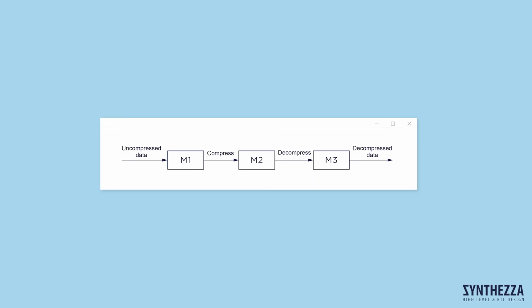As an example, we will discuss the design of a lossless codec with Altera's memory in real time. In this codec, uncompressed data is written into memory M1. The encoder reads this data from M1, compresses it, and writes this compressed data into memory M2. The decoder reads data from memory M2, decompresses it, and writes the decompressed data into memory M3.